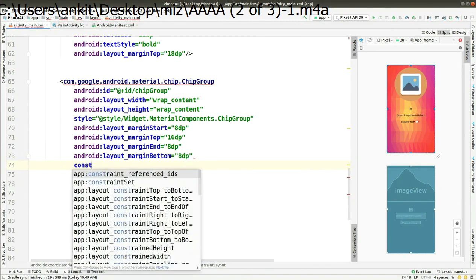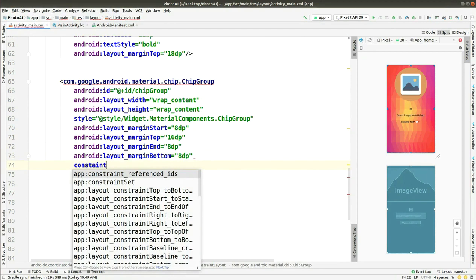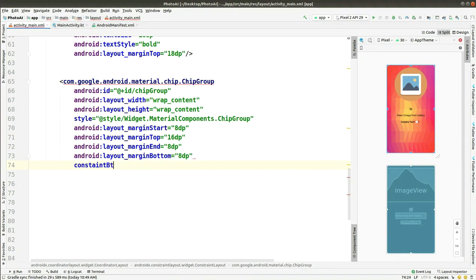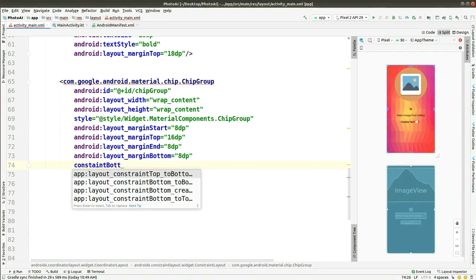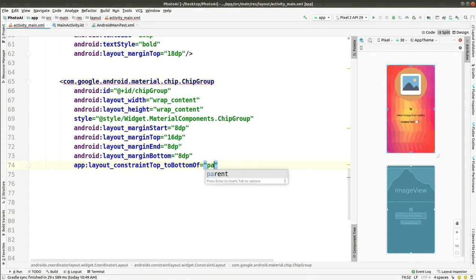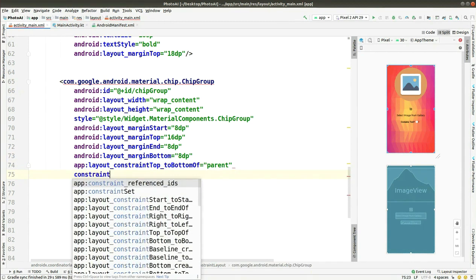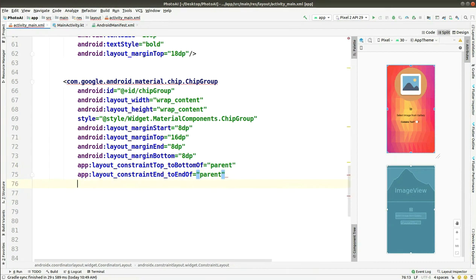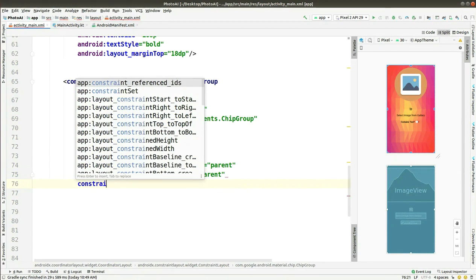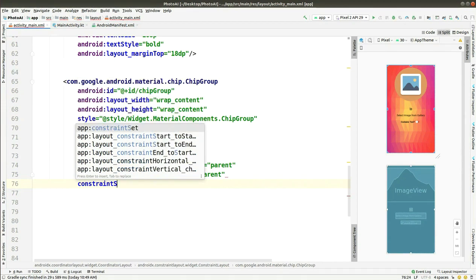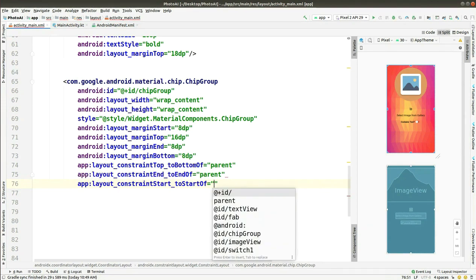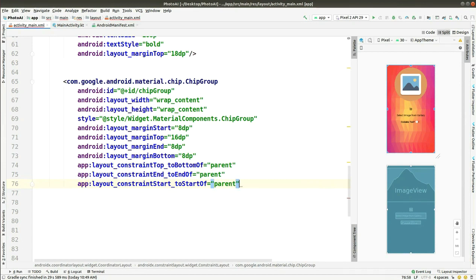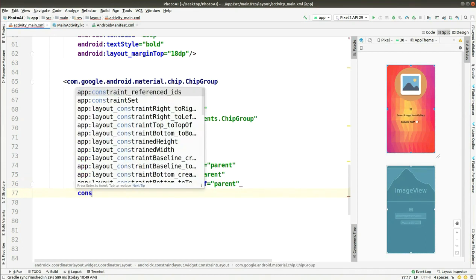After that you have to add some constraint layout properties, like constraint top to the bottom of and constraint end to the end of. And after this you have to add another constraint start to start of, that is also set as parent.